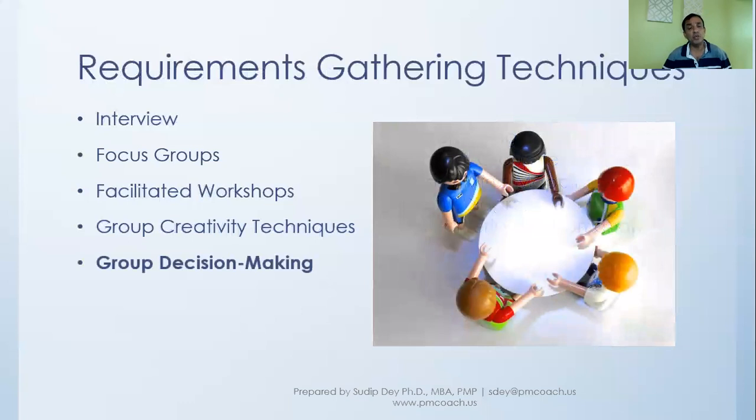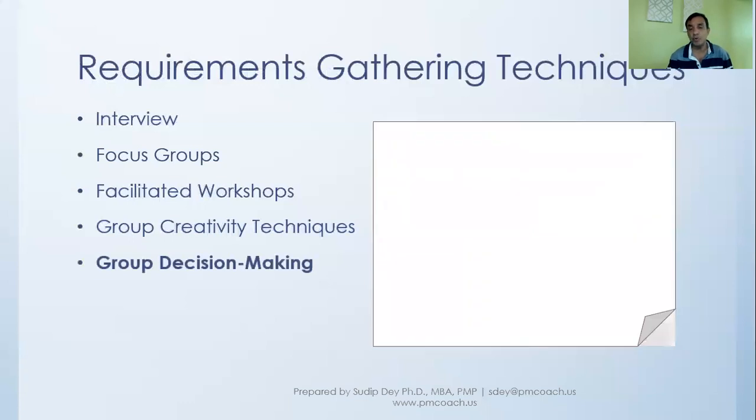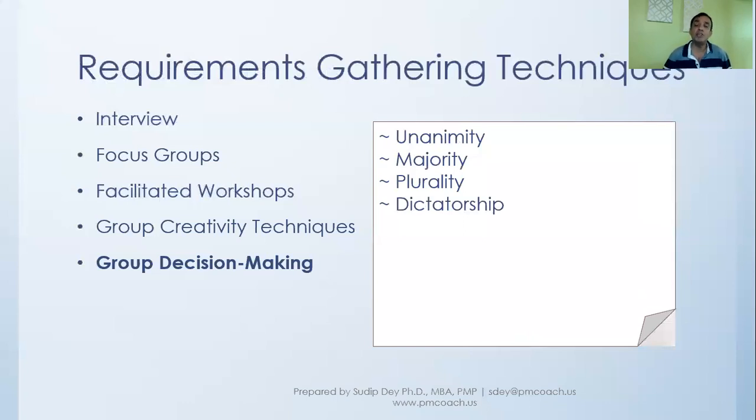Then there will be group decision making. Now, group decision making is again something that we touched upon, and we said that with a voting decision making, it can be unanimity where everyone has to agree, majority where more than 50% of the participants have to agree, plurality where we will take those ideas that the biggest group amongst the participants have agreed on. So these are different voting techniques in decision making. There is also autocratic or dictatorship